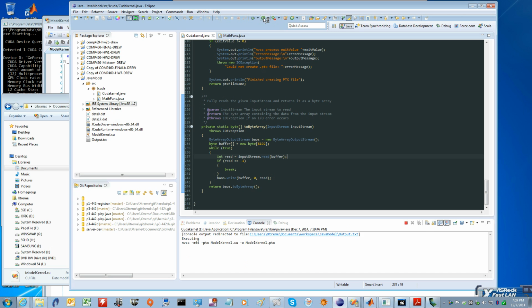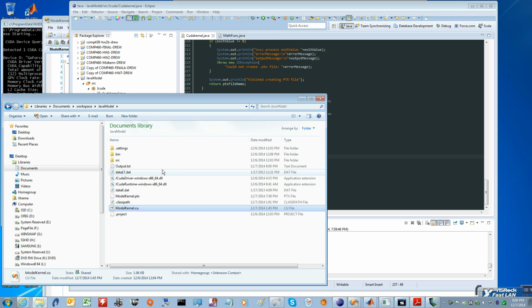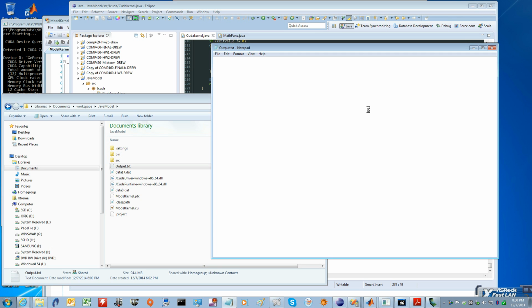Okay. Look, it made the PTX file and it's running all this stuff. And we're going to see how long it runs. We just want to show that even with wrappers, Java is still pretty damn good for GPU computing. It's good. We don't have to leave the Java world and retreat into C. We're okay. Now, this is a very large file, the output, but I guess I could open it real quick. But anyway, we've proven that JCUDA works,